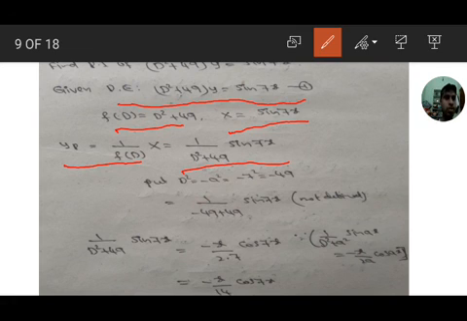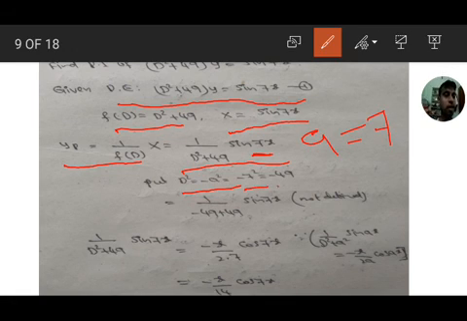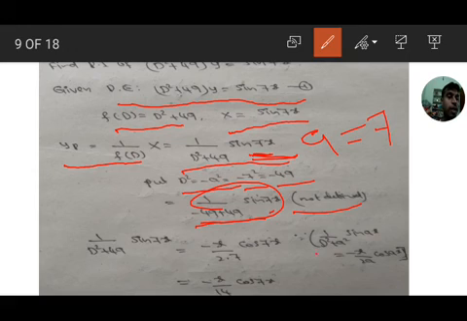Substitute D square equal to minus a square. Here in sin ax, a equal to 7. So minus 7 square, that is minus 49. So 1 by minus 49 plus 49 sin 7x means 1 by 0. 1 by 0 is not defined, so we have to use the formula. Here we have sin ax. So 1 by D square plus a square sin ax equals, by the formula, minus x by 2a